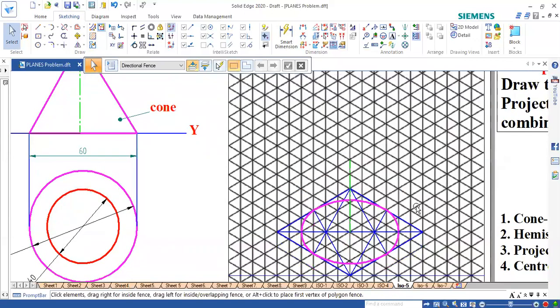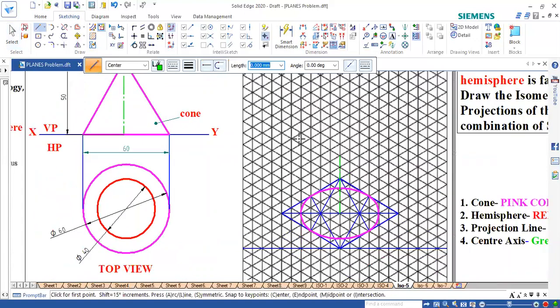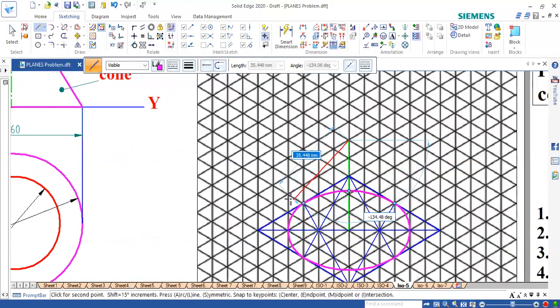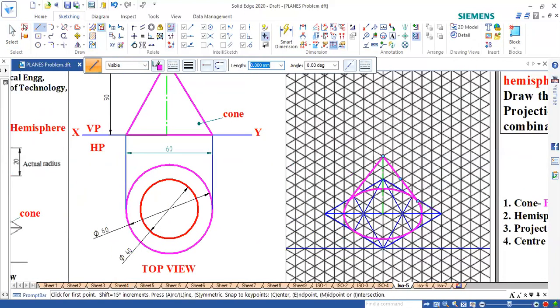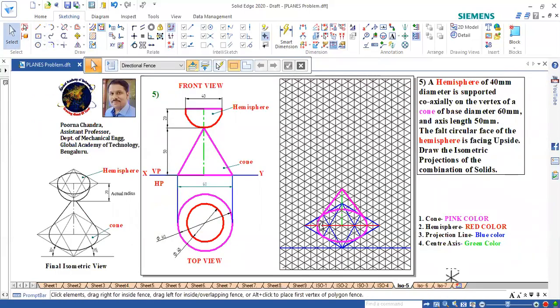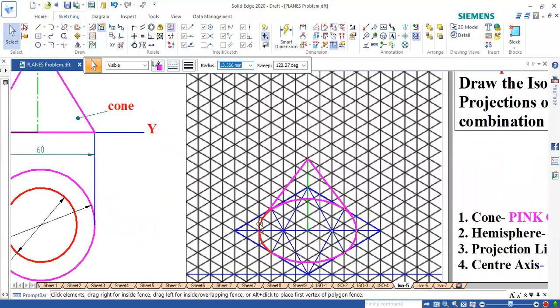Now I need to complete the cone portion. Here you can find the slant edges of the cone. We'll go with the visible line and join. You should not join to this; we need to draw a tangent line for the small arc. One more here, and one more from here to here. So this is how we need to draw the cone portion. The cone will look like an ellipse in isometric view, and then I need to draw tangents to the small arcs. These two I'm calling small arcs, 1 and 2; join a tangent line for that.